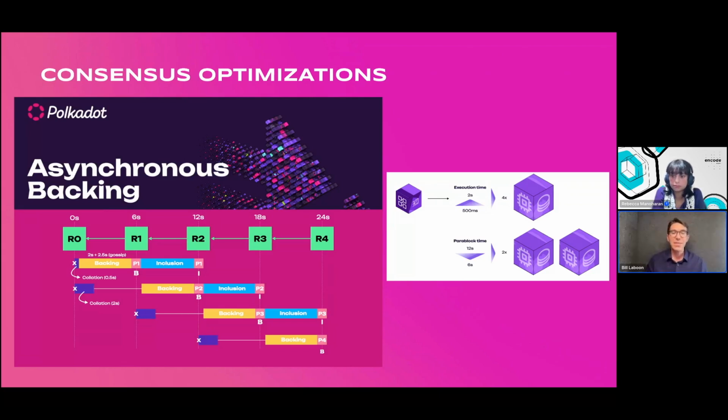Obviously, if there's some sort of malicious attack or something, then you will know about this, and block production will be a bit slower as it goes through what we call the ELVS protocol on the relay chain side of things. But in general, what this means, and what we've already seen, is that this gets us down to 6-second blocks for parachains, each of which can hold about 5 times as many transactions as previously.